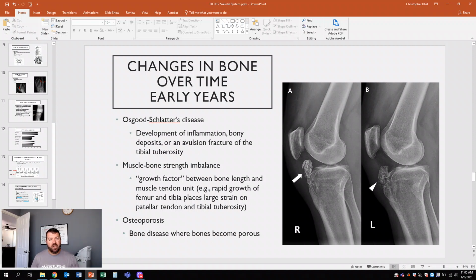Another thing is osteoporosis. This is a bone disease where the bones become very porous. Your body needs a lot more calcium at this point, so your bones just become a little bit more fragile. That's all it is. And this is very important